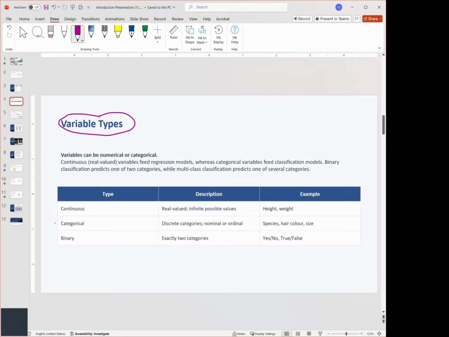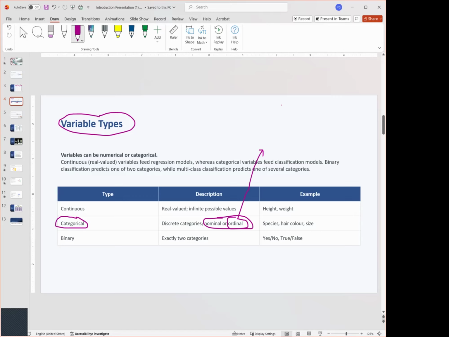Now, there are categorical variables. Just like it says, it has categories, okay? The categories can be nominal or ordinal, okay? Ordinal has different values, okay? So let me give you an example of an ordinal categorical variable.